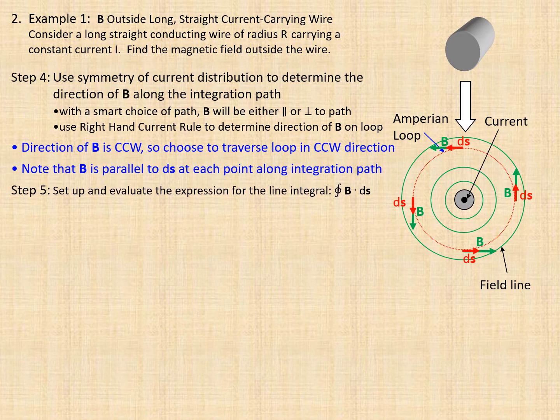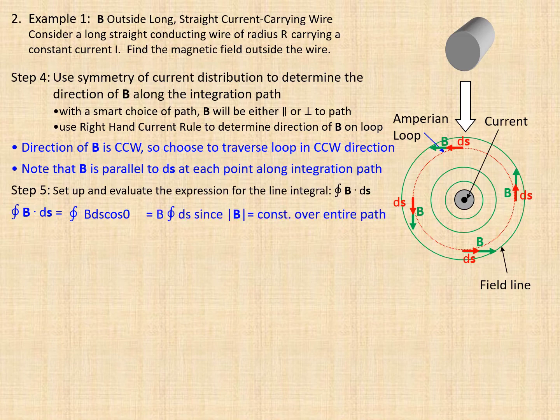So we set up and evaluate the expression for the line integral. That is B dot ds evaluated around the entire closed path. We note here that since B and ds are always parallel to each other, the argument of the cosine function is 0. And since B is constant along that entire path of fixed radius, we can take it outside of the integral,